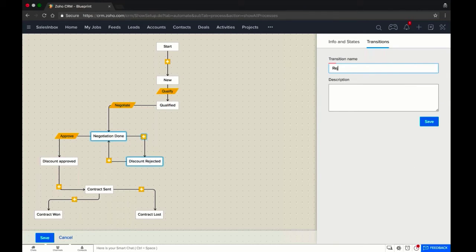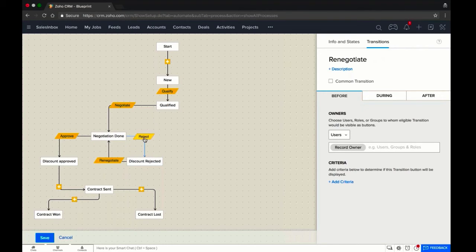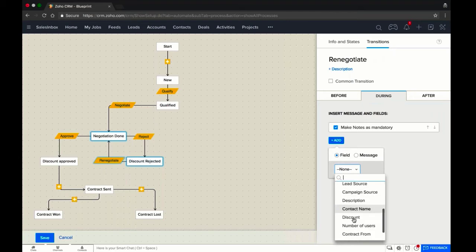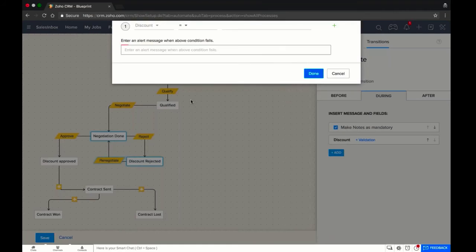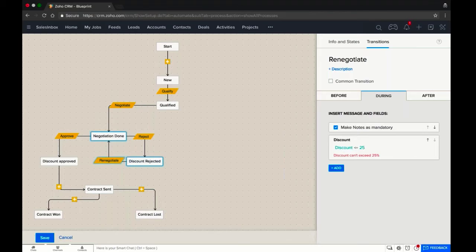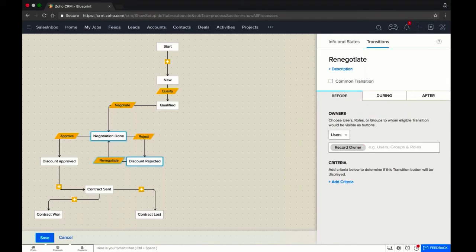Approve, and here it's reject, and here I go in for a renegotiation. So I can pretty much set the conditions again, whatever we've discussed. That is, I can say that the discount should be less than 25%. I enforce it. So there you see I've added a discount field, and also when I'm renegotiating, I can make sure that,